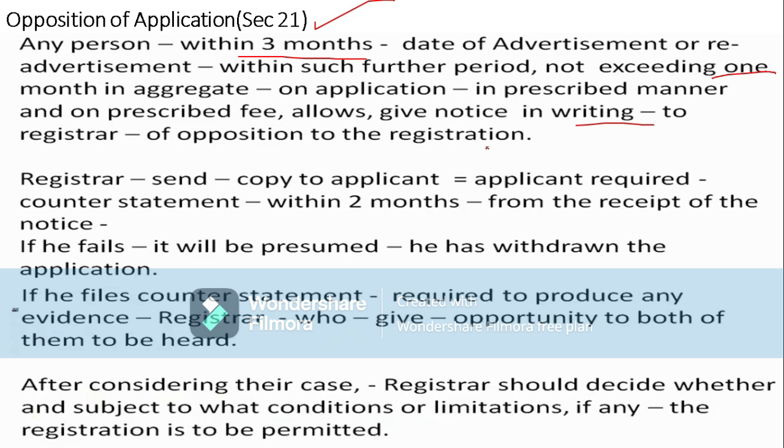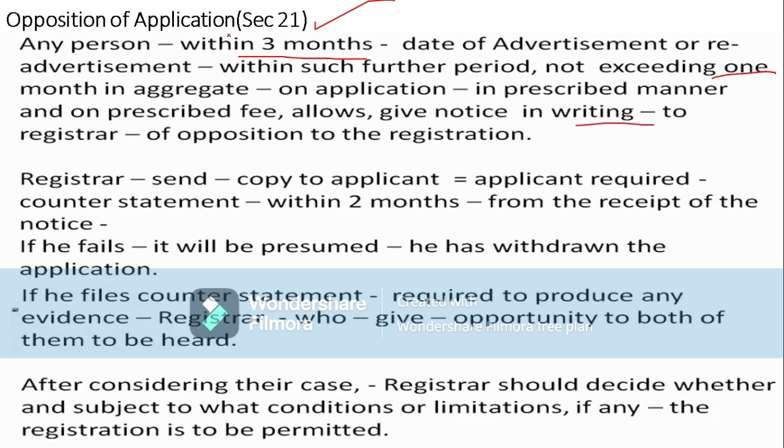In the previous class we discussed the grounds of opposition. If a third party opposes on those grounds, the advertisement will be given in the trademark journal, and after advertisement, within 3 months,